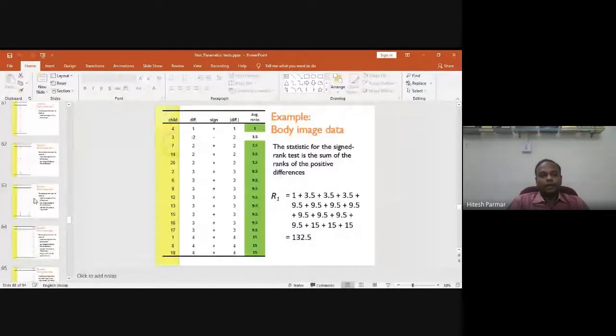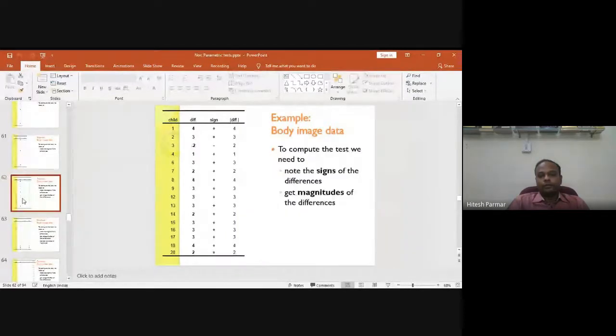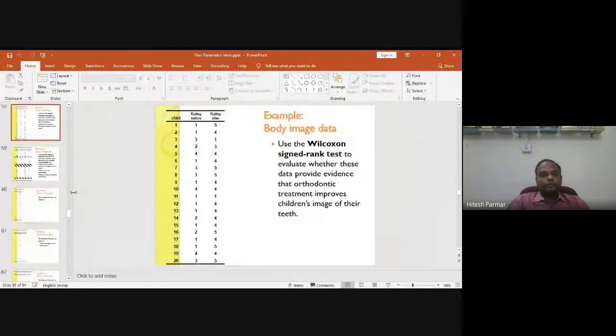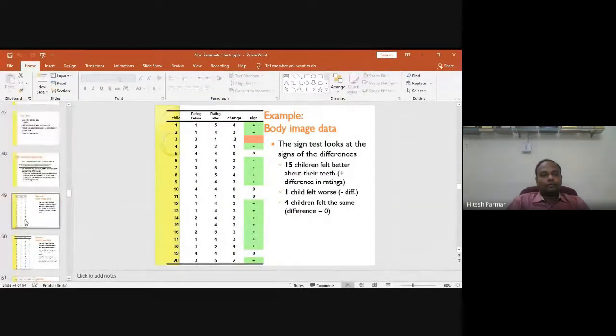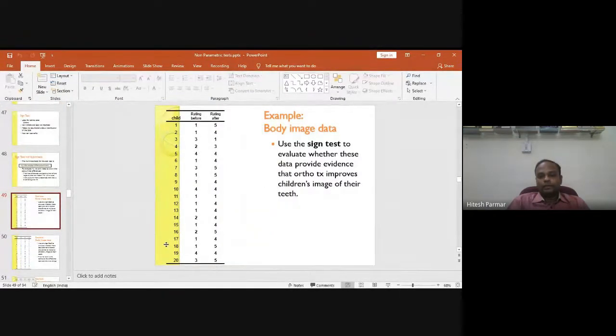This is the same data set. This data you can enter into the Excel sheet and then you can proceed. This one is the data set.